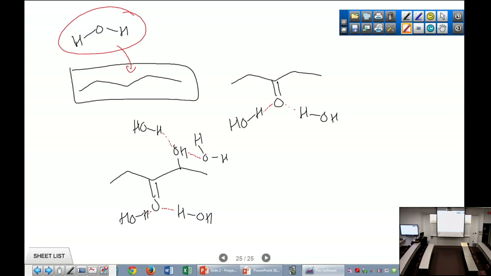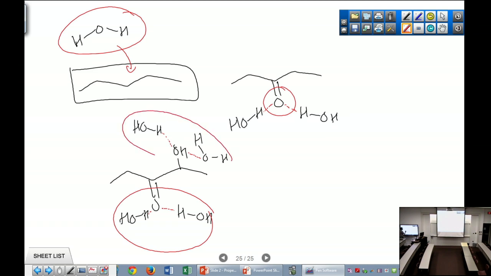Right, so then you give it a polar functional group. Oh, you give it a carbonyl. Right? Now, great, look. Now I can hydrogen bond. I can bring some waters over, they can hydrogen bond. I start to get some guys around. I can start to solvate this molecule. Great. Now, if I have 2 polar functional groups, you can have waters interacting with your carbonyl, right? And then you can have waters interacting with your alcohol, right? So the more functional groups you have, the more water molecules you can accommodate.